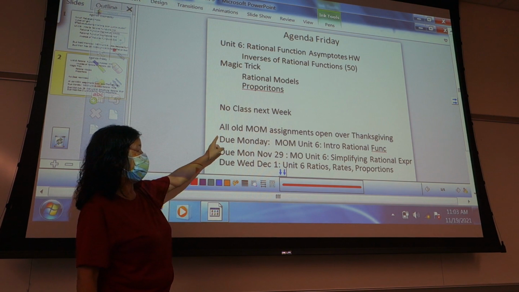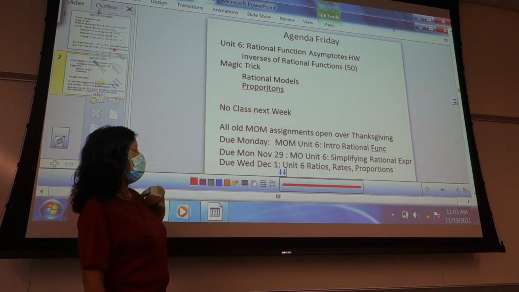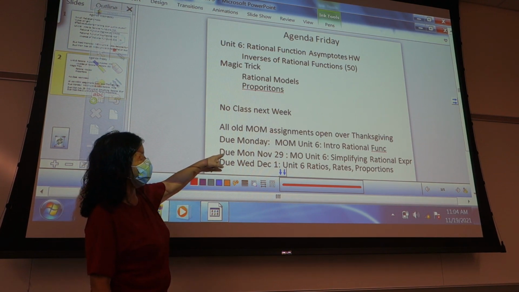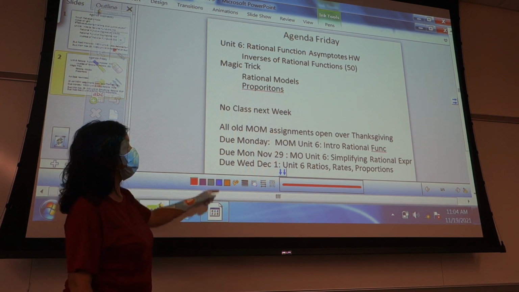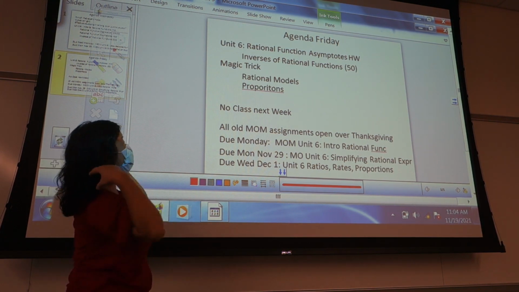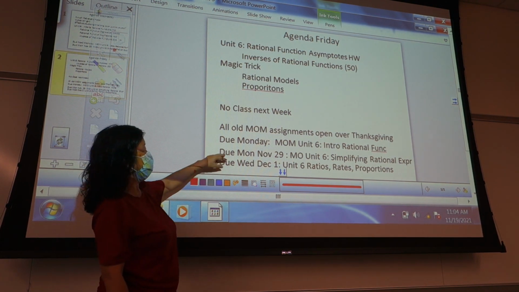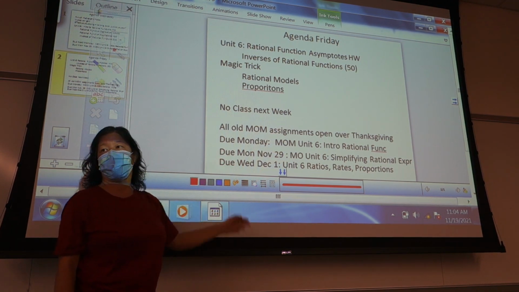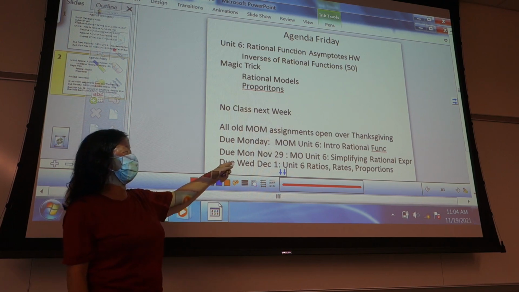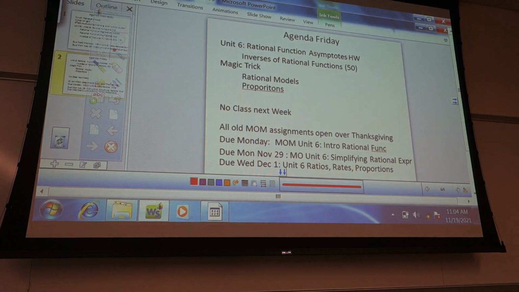So Monday, we have that Intro to Rational Functions homework due that we're talking about, and then the following Monday, we'll have Simplifying Rational Expressions due, as well as Units, Rates, and Proportions due. We'll see how we get, but after the end of today, we may just swap those two around and do them in a different order. Since we did do the ratios and rates first, I might move those around a bit. Okay, so everybody grab out your